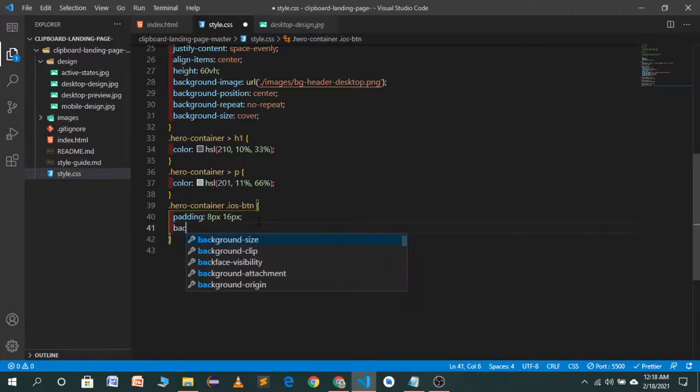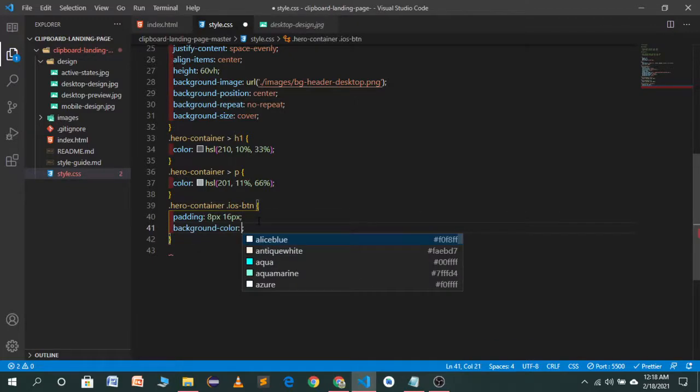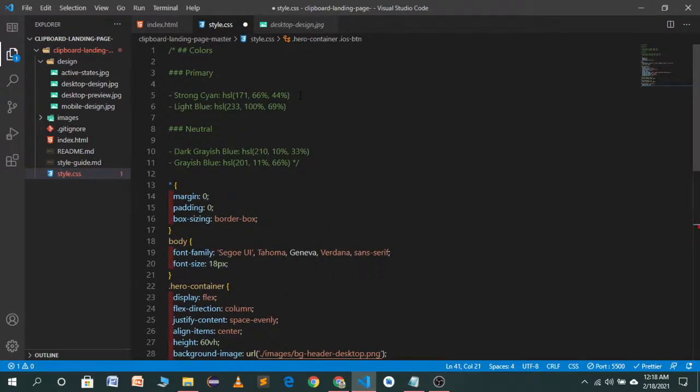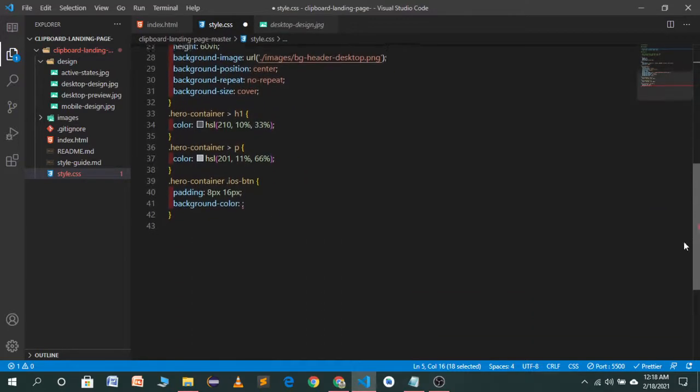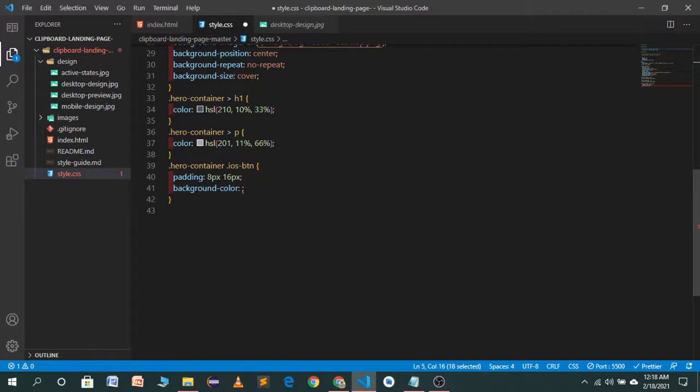We'll use a background color of this strong cyan. I will copy this color and give it a color of this one.